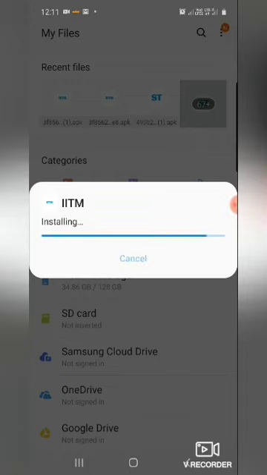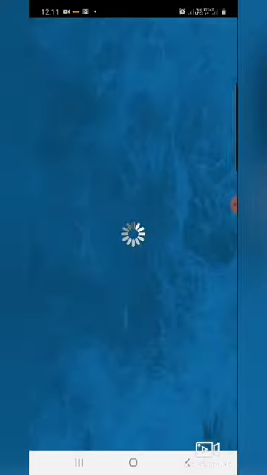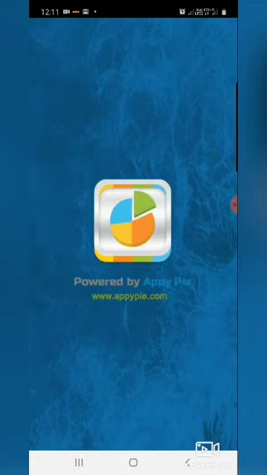It is installing on my device. It will take hardly a few seconds to install. Now open it. As I open it, my application IITM is ready.